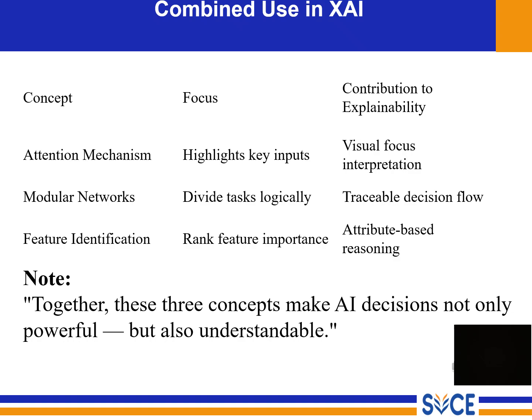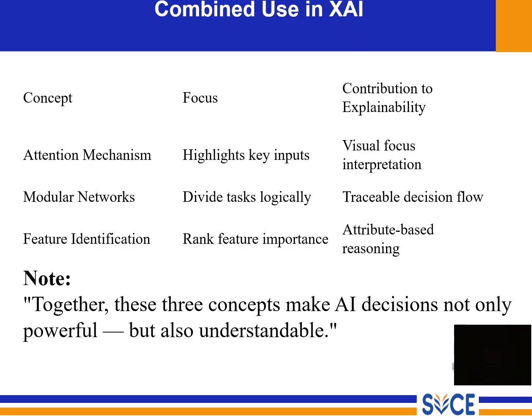The second one is modular networks. So how did it decide? Instead of one giant black box model, modular networks break the AI into small logical parts or stages. Each module has a clear role. For example, in fraud detection, module 1 is identity check, module 2 is transaction behavior, and module 3 is location anomaly. This allows humans to trace which stage raised the alert. The main benefit is that it makes the AI thinking process structured and traceable,